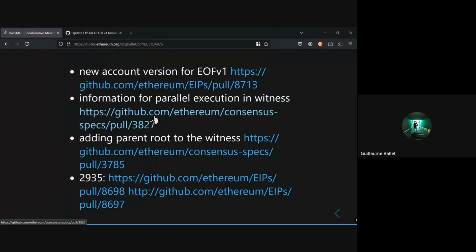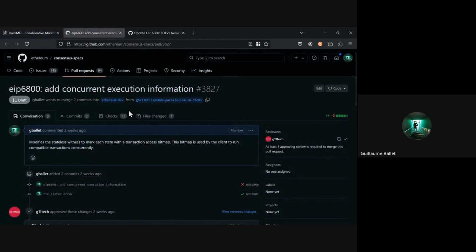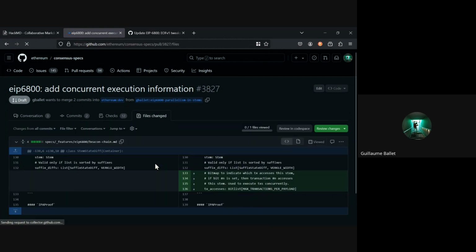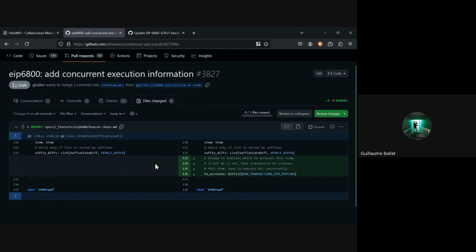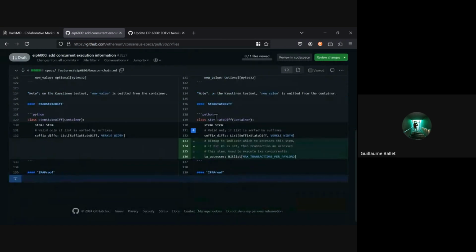Same thing with the next one. That's something that was proposed or asked for by both Gary and Karim from Besu, and also the REST team. This is actually a fairly imperfect proposal. It's quite flawed, but the idea is to add, per stem state diff, a bit list of all the transactions that access this number. I don't think this is the best way to do it, actually.